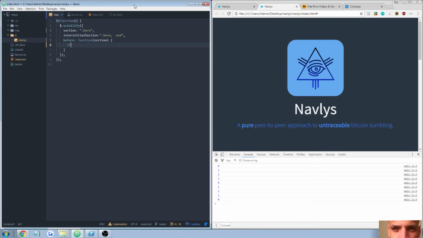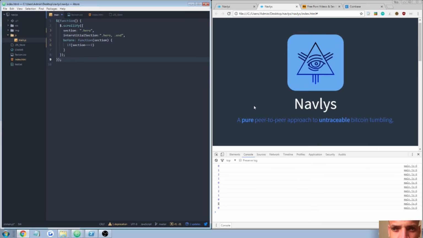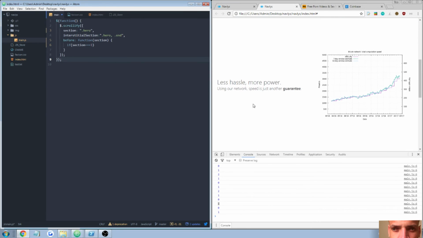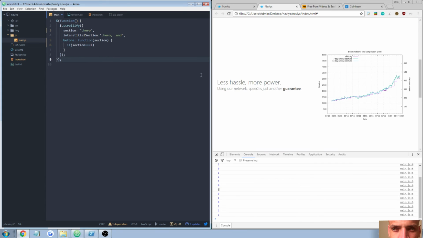So what we're going to do is if section is equal to 1, okay, because we're going to be animating this section here, and the reason why we use 1 is because this is the second in the index. Okay, so as you see, this is 1, this is obviously 0, and this would be 2. So when we're animating this section, all we need to do is